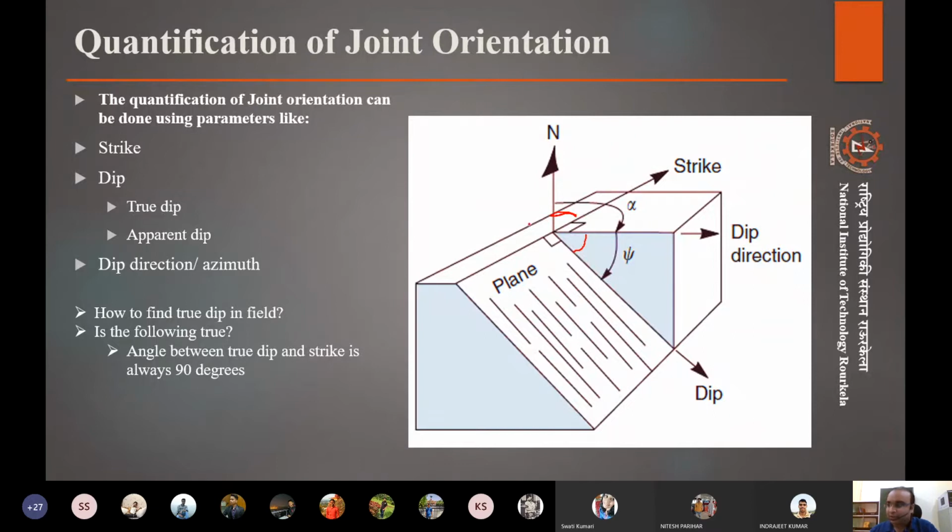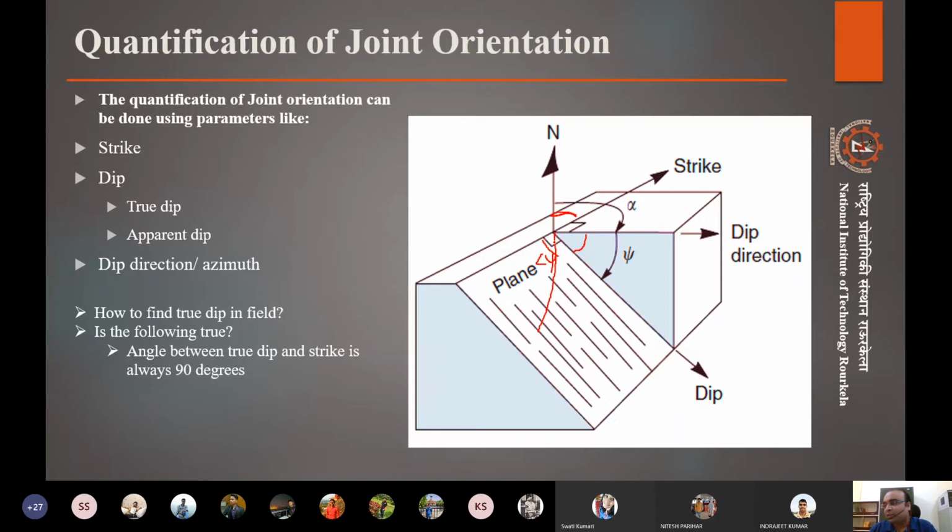Let's move ahead. We saw what the true dip and apparent dip are. That is quite clear. The true dip is the maximum angle that a plane can subtend towards the dipping direction. If there is an apparent direction, this angle will be less, and that can be an apparent dip that may be visible to us from a different perspective.